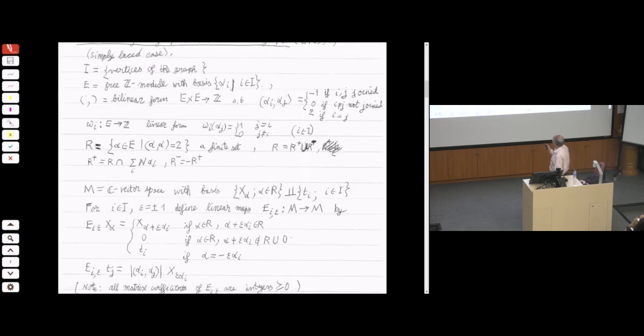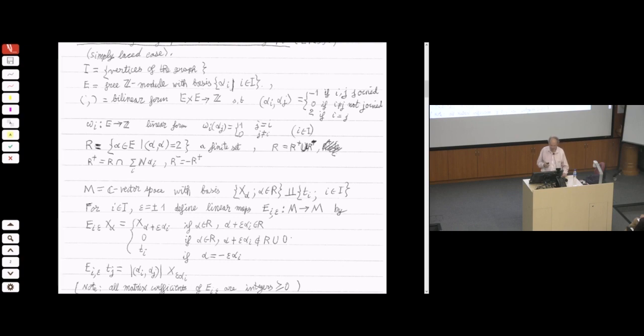This one is given by two base elements of inner product 1 or -1, or inner product -1 or 0 or 2. And then we also need a linear function from this Z module to integers for each vertex. So it's basically some dual basis. And then we can define a set of roots, which are all elements of this free module with inner product of e with itself equals 2. And this is a finite set.